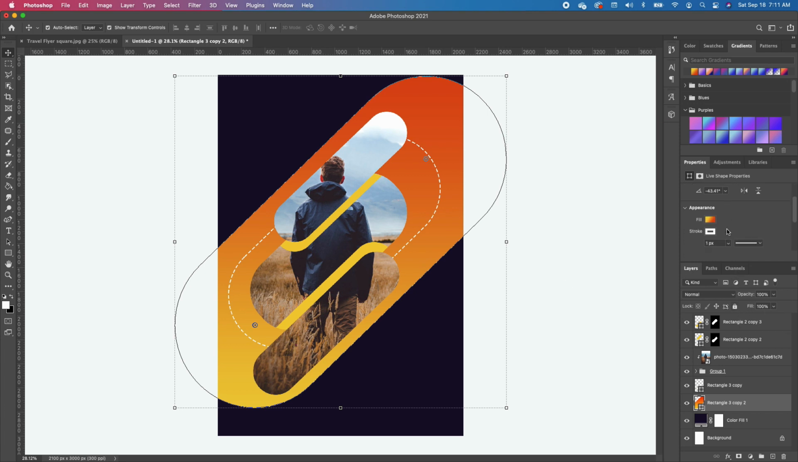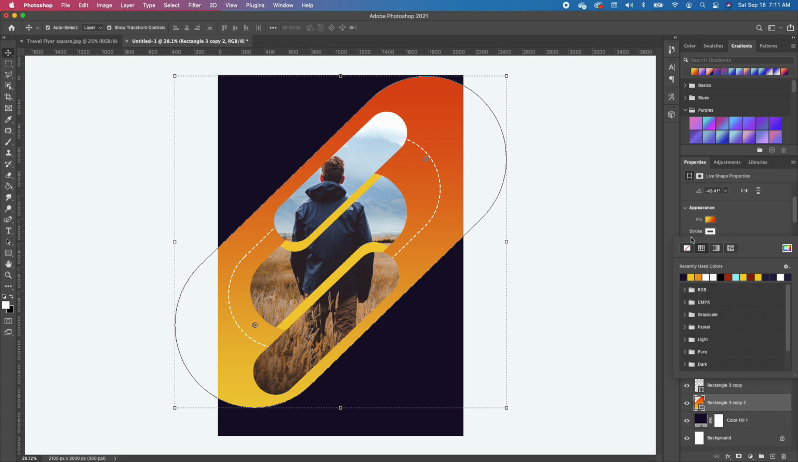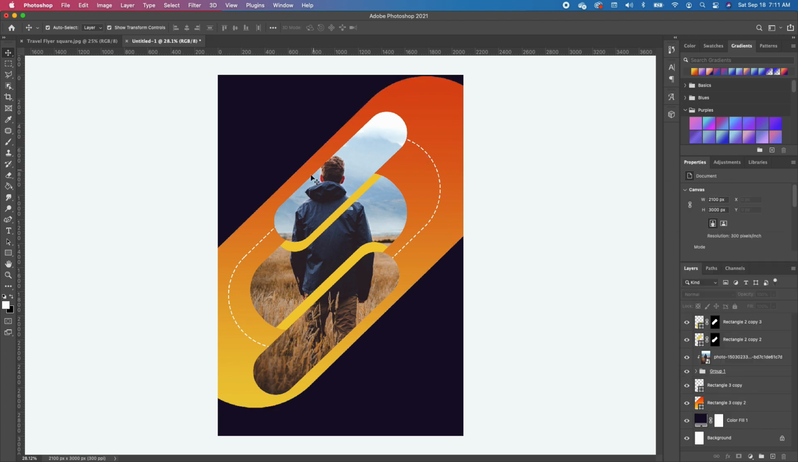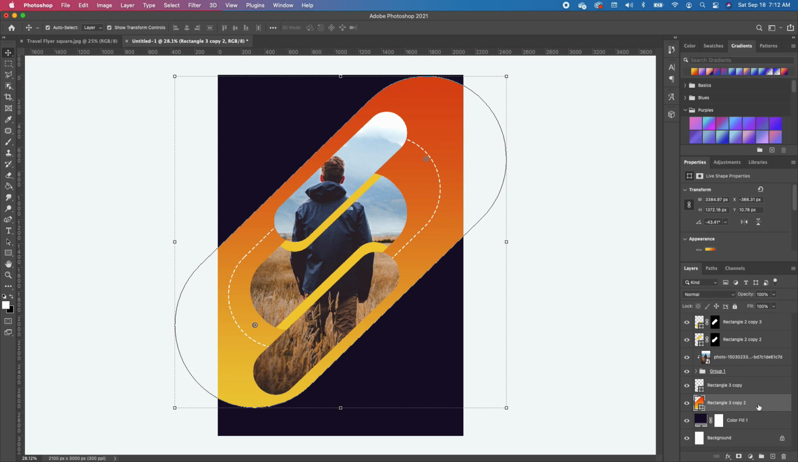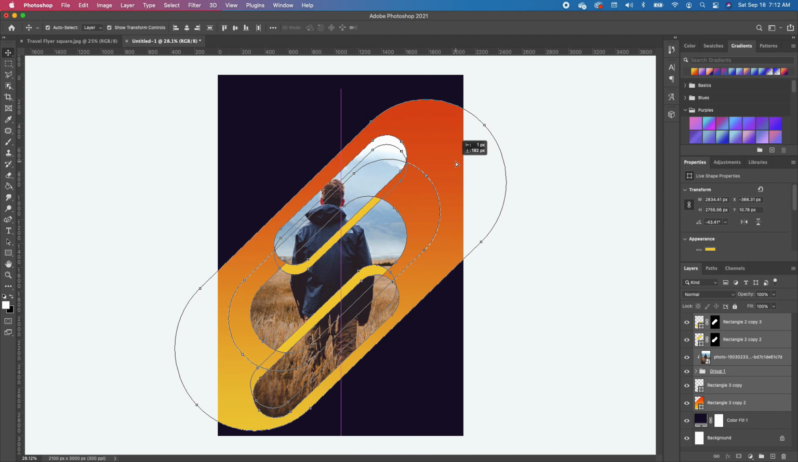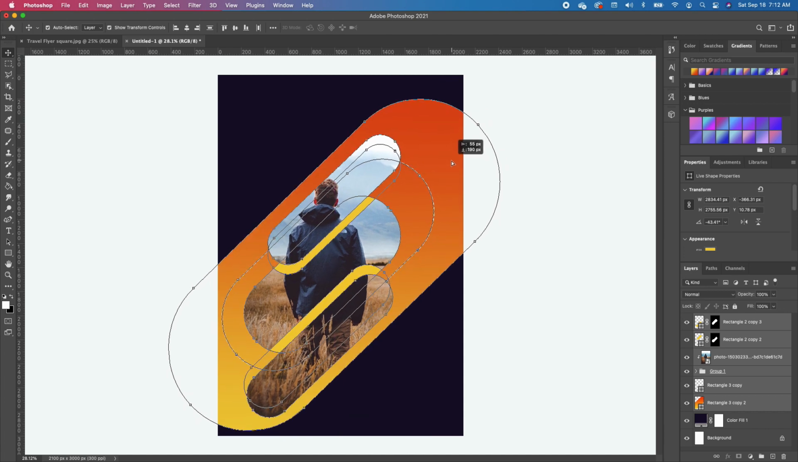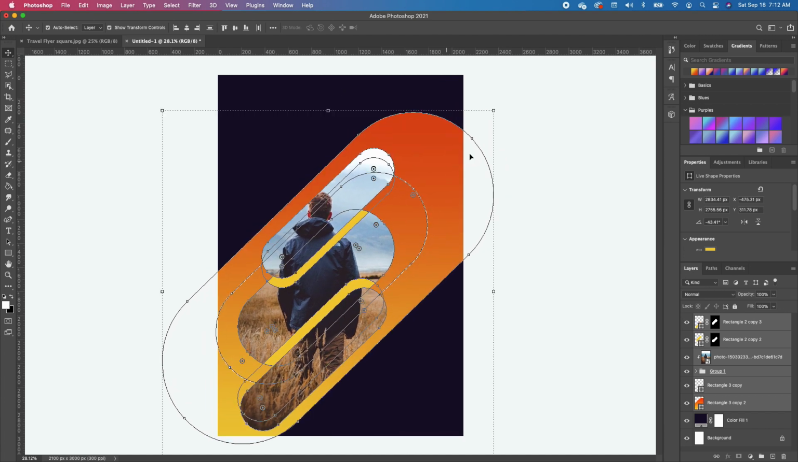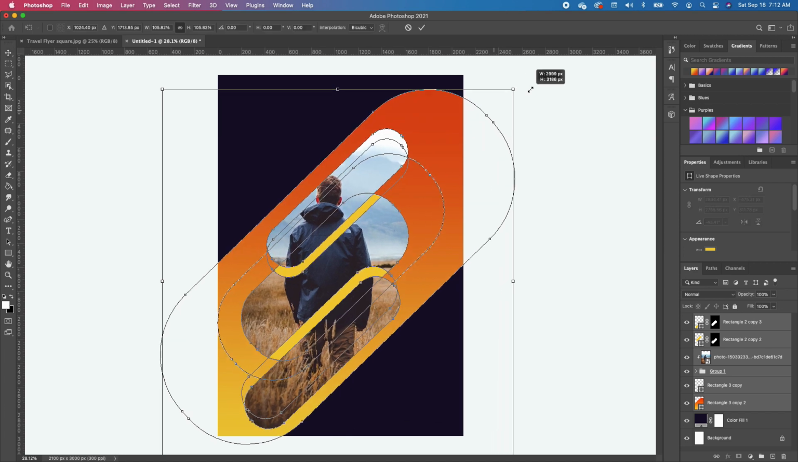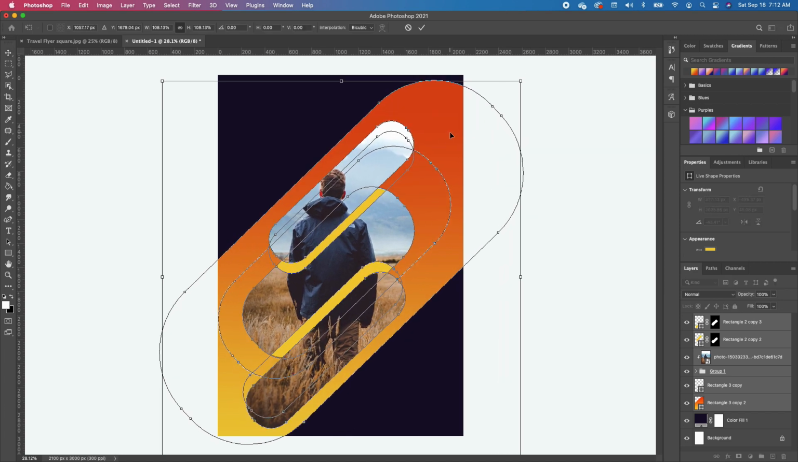Now notice that under my appearance, I still have my stroke outline. I want to take it out so that I don't have any white line around my shape. So with this all set, I'm going to go ahead and click on everything from the top, holding down Shift, and I'm going to go ahead and move this down a little. So we have something more like this, and I'm going to go ahead and scale it a little bit,